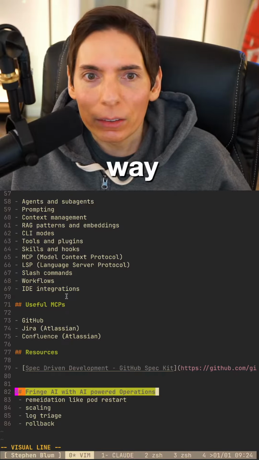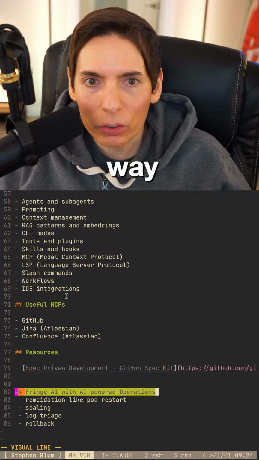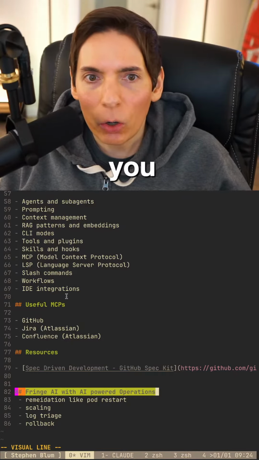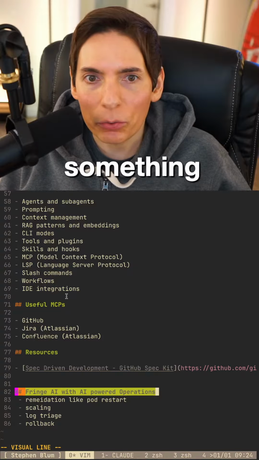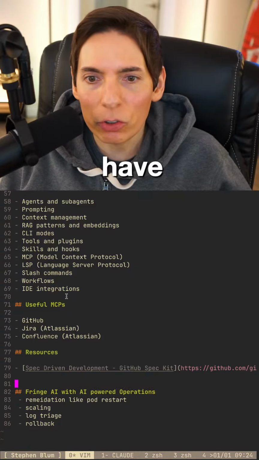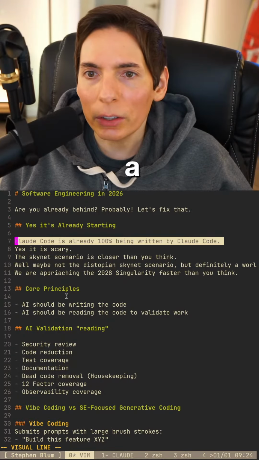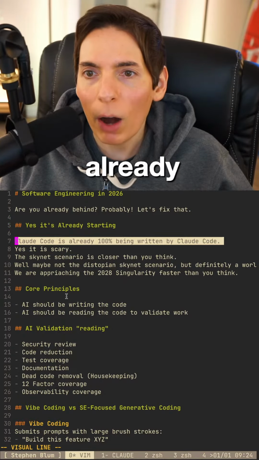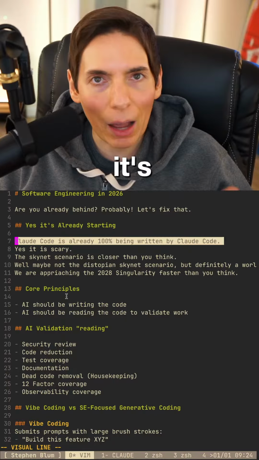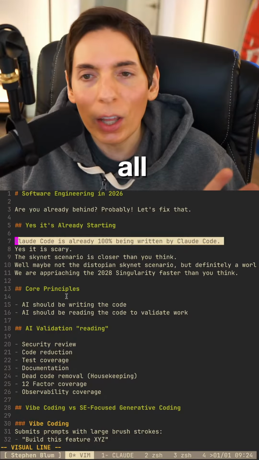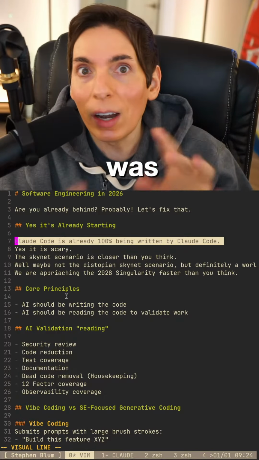I'm going to check out this chat. So you mean that already written, does it actually mean something, like from when they have been seeing major change? Yes. So this is neat. Claude Code is already rewriting Claude Code, and it's already happening. And it's 100% of the code. And this just was a recent announcement by Anthropic.